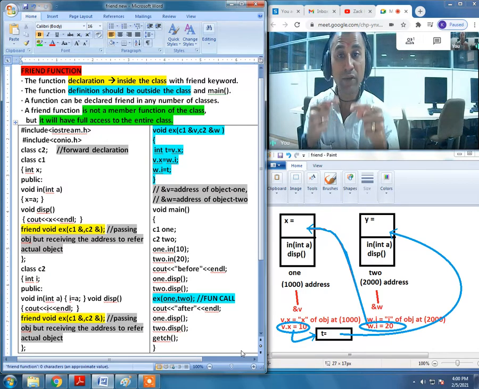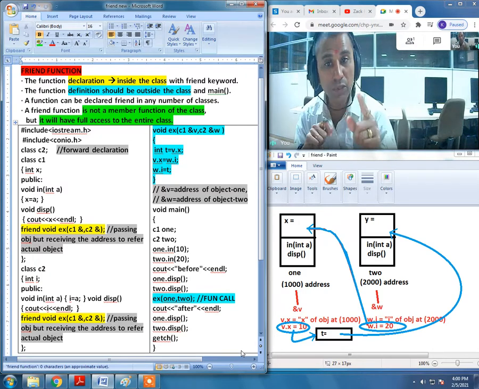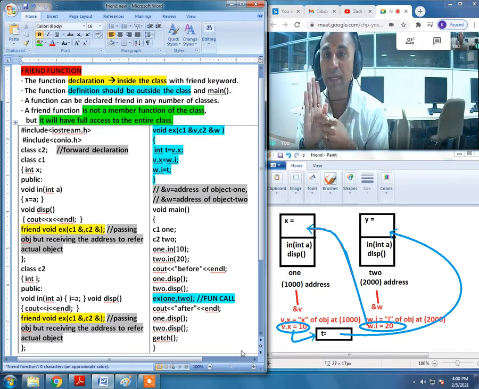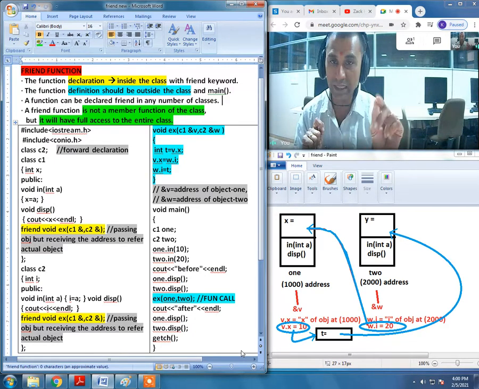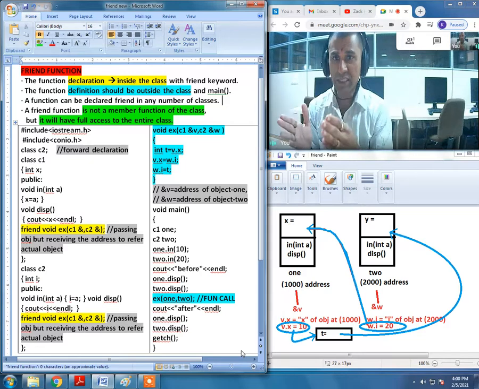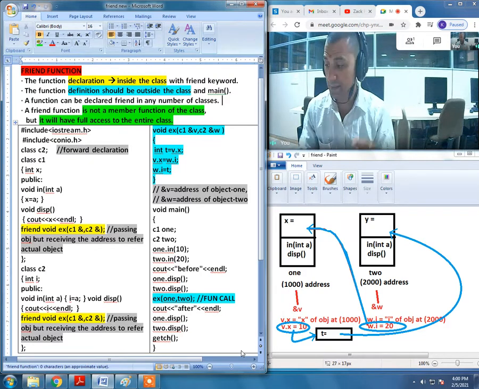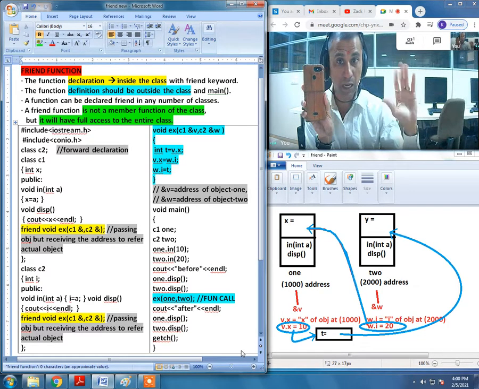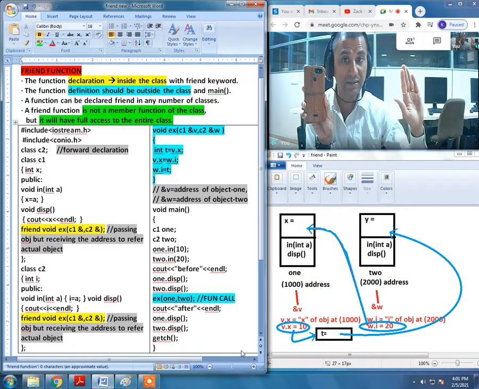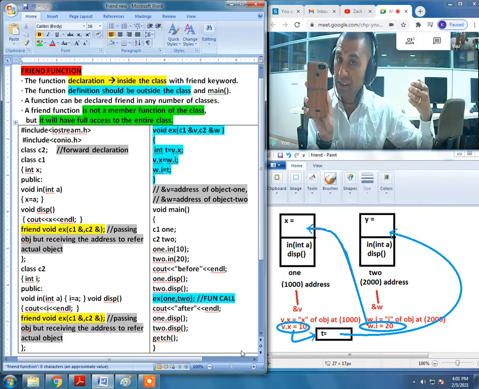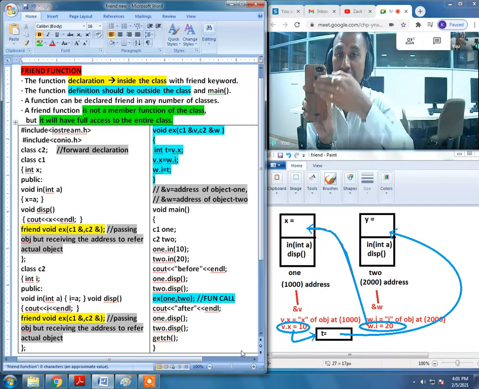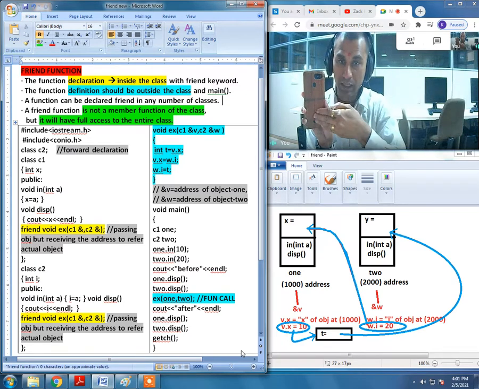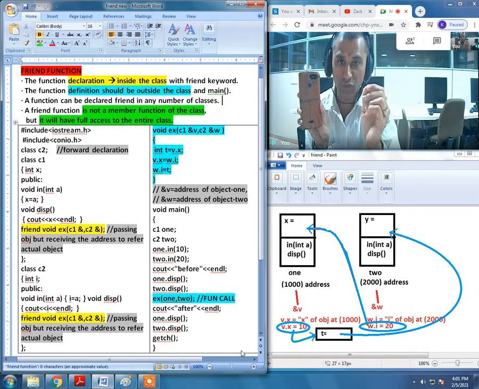We have to refer to that rule because in order to understand friend function, that part is going to be a baseline. Friend function is something that is not a property of the class. For example, this is something outside the class. This friend function is lying outside the class, but if it is a friend to the class, it is going to access every property of the class. That is the characteristic of a friend function.